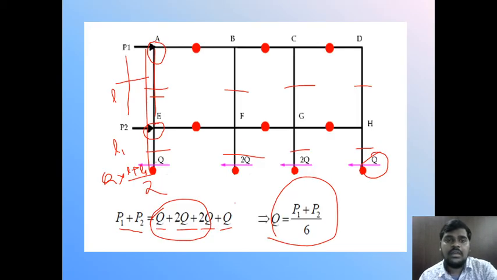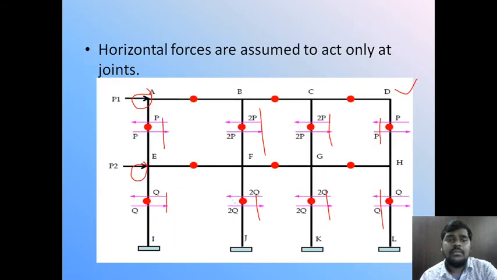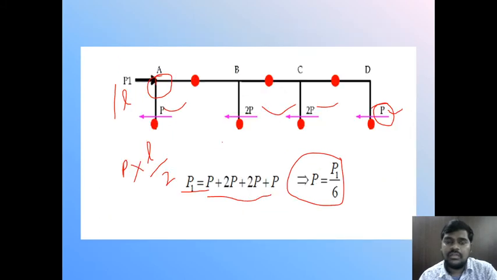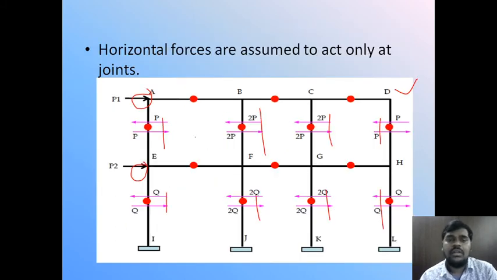And before that, there is a diagram showing the different moments. So we have to draw this diagram again, and the moments are written like this, clockwise, anti-clockwise, and also here like this. In this manner we have to write all the moments. So for A, B, C, D, E, F, G, H, if the frame is like this, we have to draw the frame again and write the moments like this.